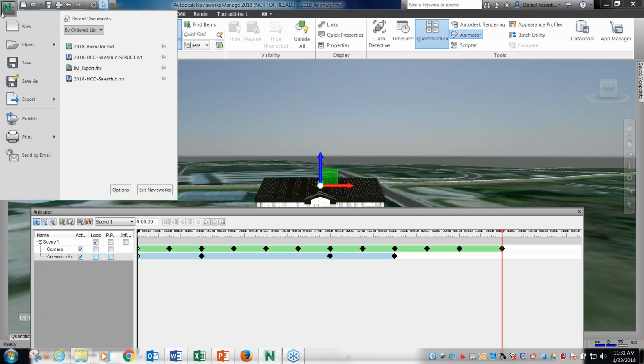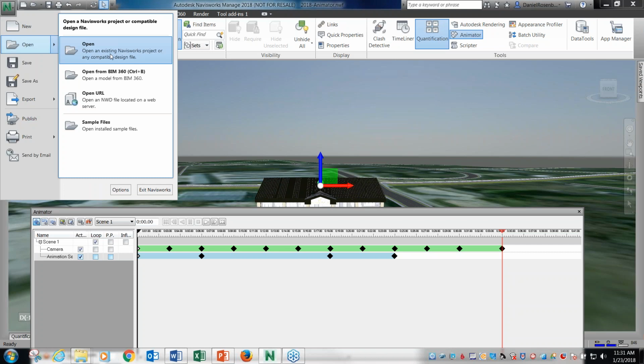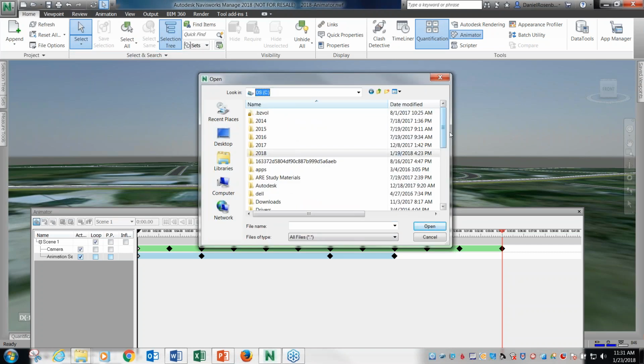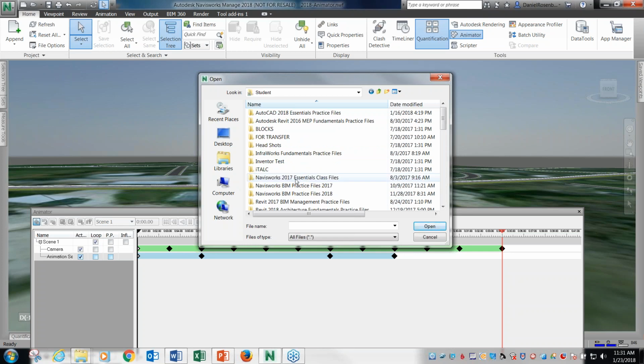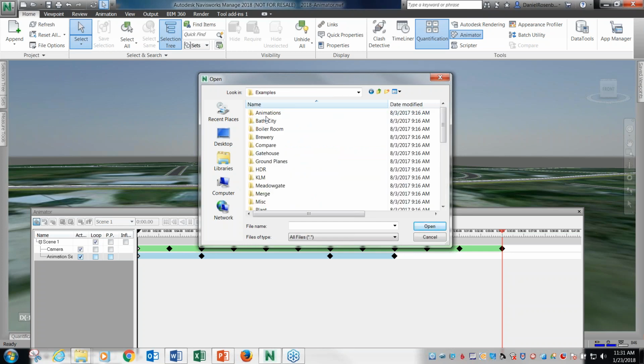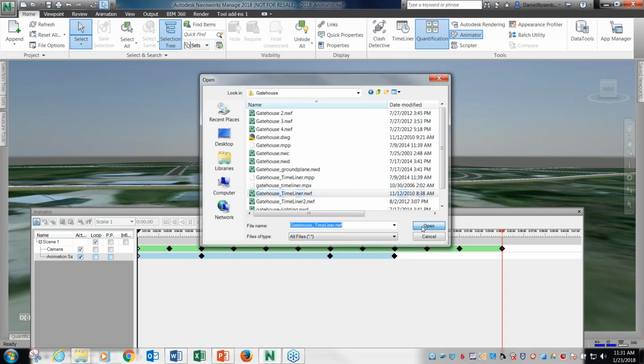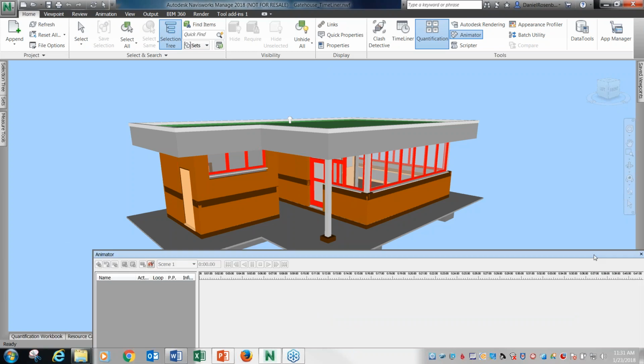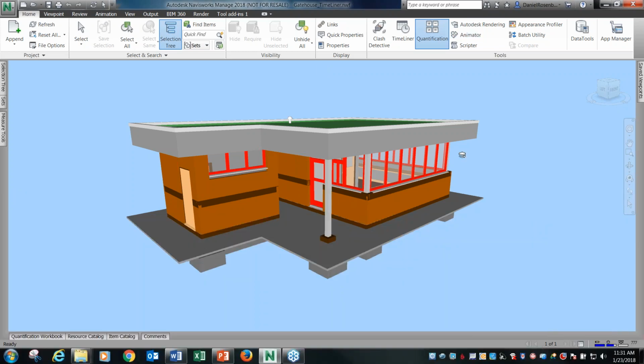So let me go ahead and open up a file that I had a while ago. Excuse me, browsing deep onto my hard drive here. But I've got this Timeliner here. If I click open, this will kind of show the really traditional way the Timeliner feature is used. So if I open up